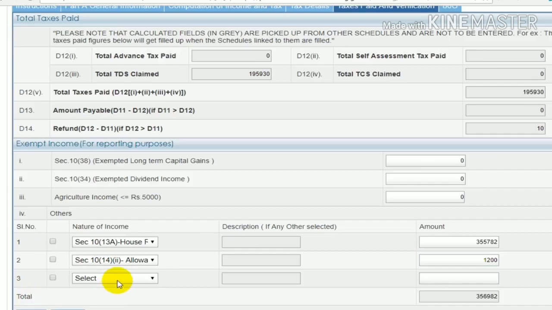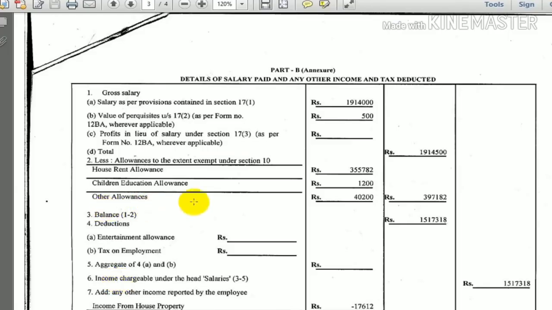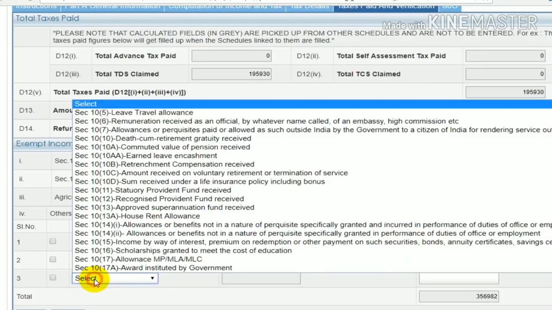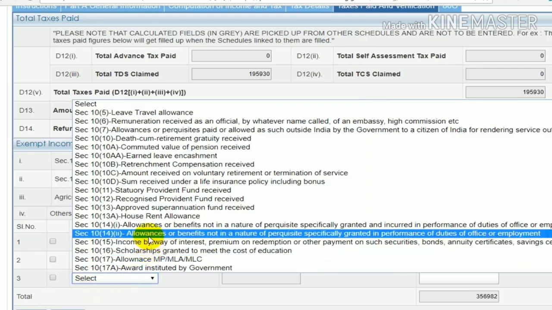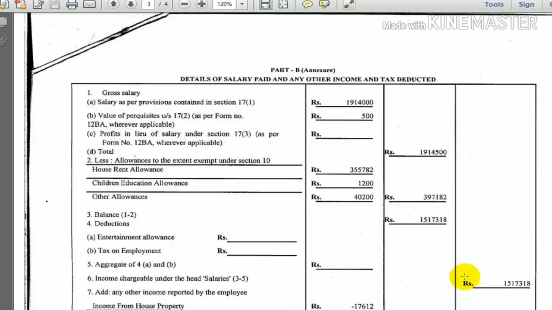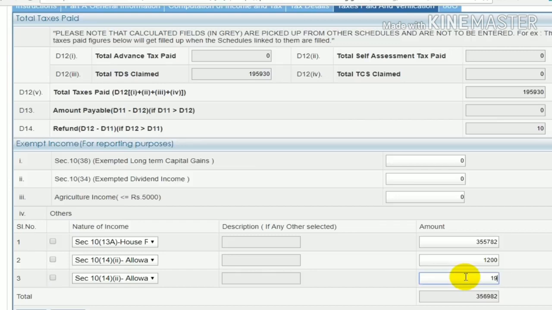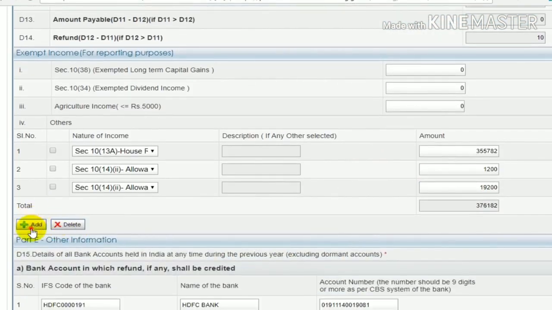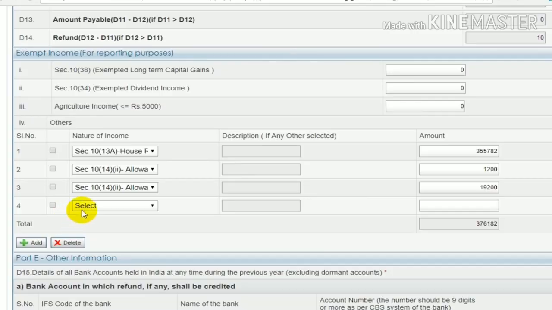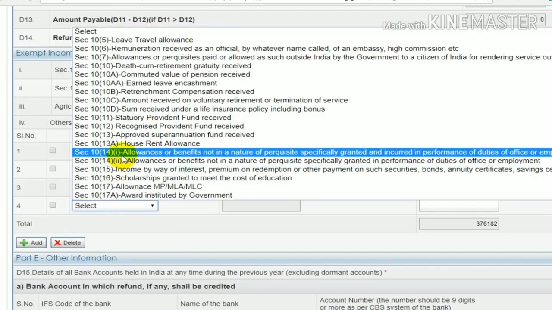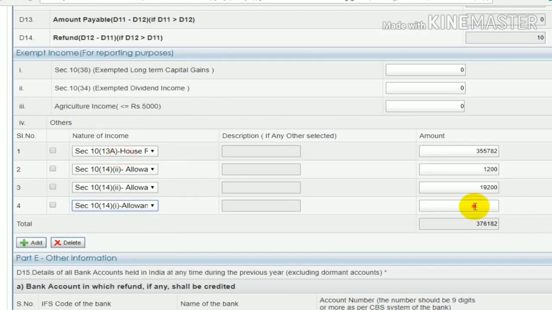So I'm going to add my details in these other allowances. My conveyance allowances also included, so I'm going to choose again section 10.14.2, because conveyance allowances are included in section 10.14.2. In my case it is 19,200. Then I'm going to add uniform allowance, which I'm getting under section 10.14.1,